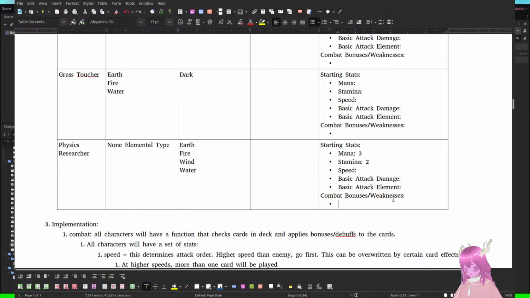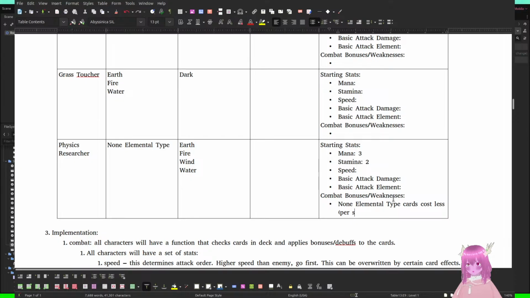So they are... Sorry, non-elemental type cards cost less per customer stage.